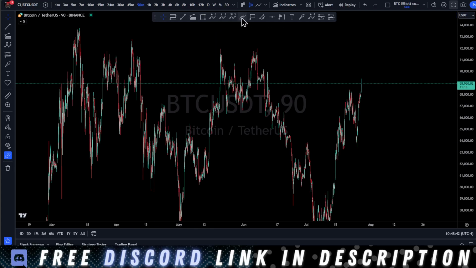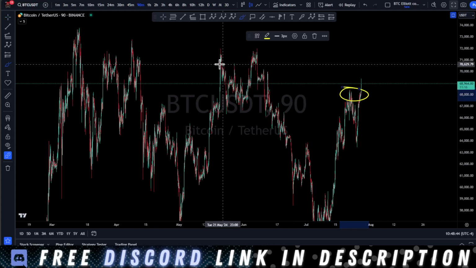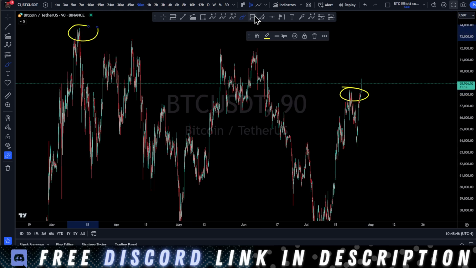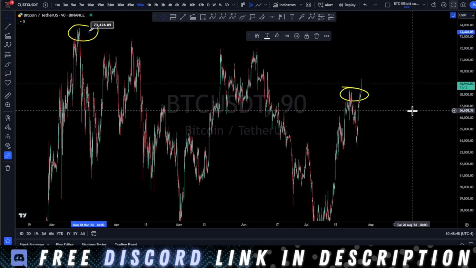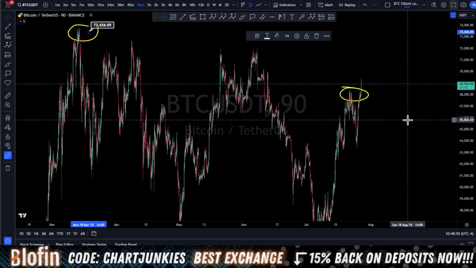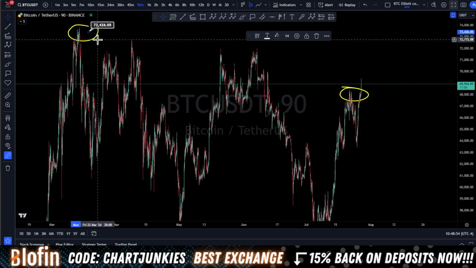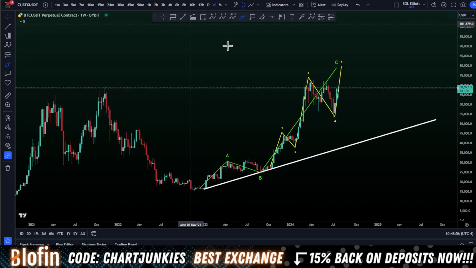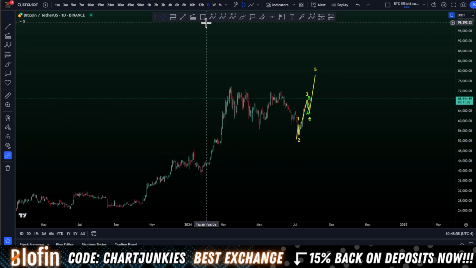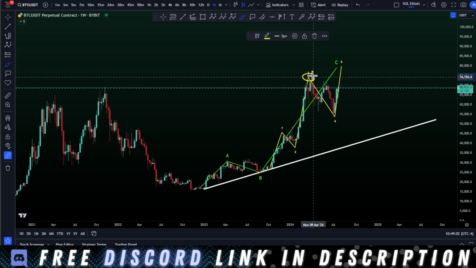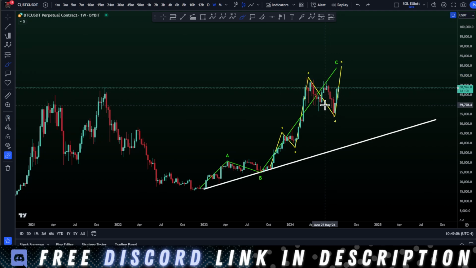Alright everyone, as Bitcoin is breaking through resistance, heading towards all-time high, I'm going to show you the Elliott wave count I am looking at. We're going to go over some price targets if and when all-time high breaks. I'm also going to show you an alternate count that you really need to watch out for that says all-time high is not going to break. And it's something I'm eyeing up, and I'm going to show you how it changes the count here.